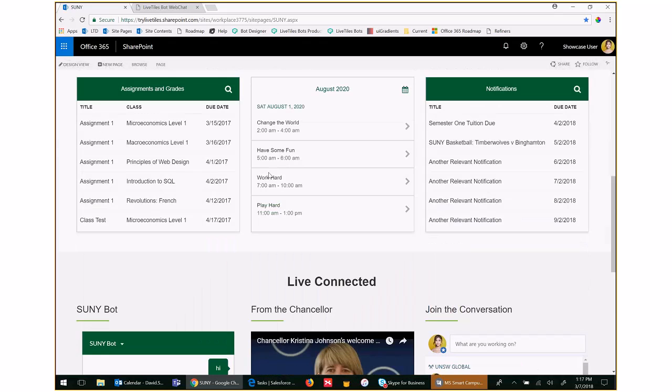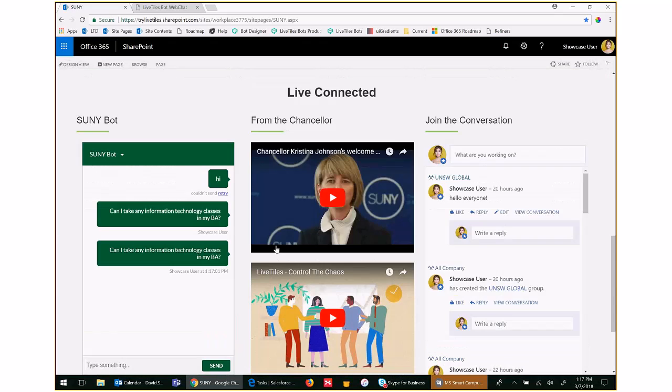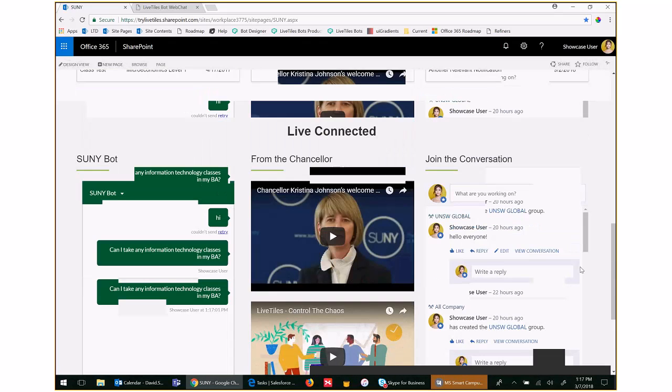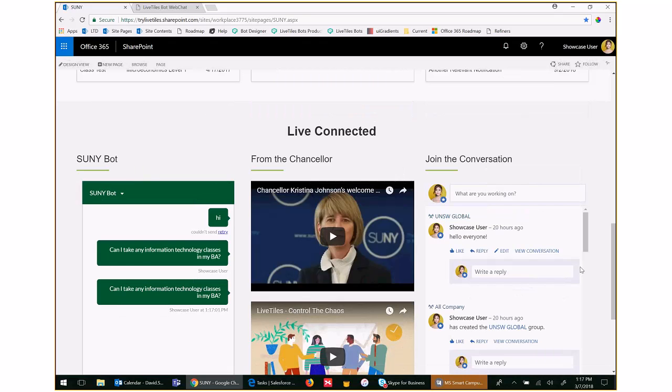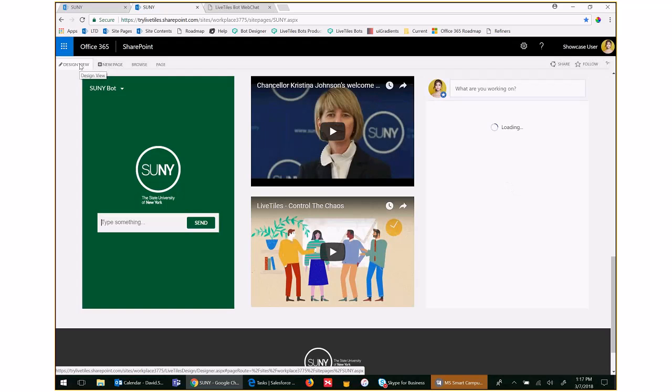As I said, the point here is not so much the functionality as how quickly and easy it is to build this custom development. So what I'm going to do is show you, in fact, how I built this experience out. When I go to the design view